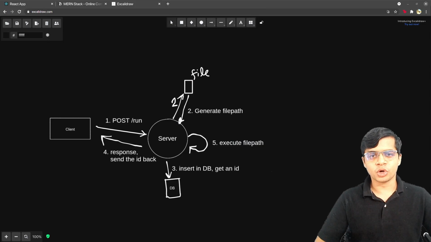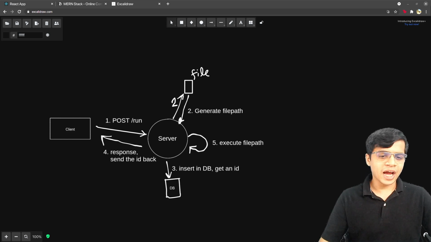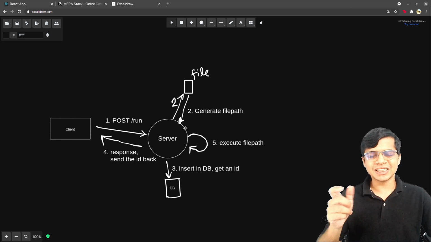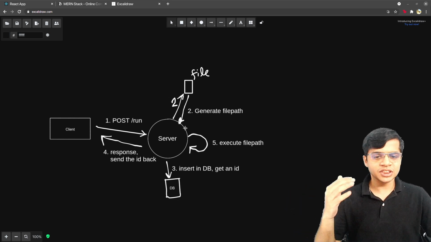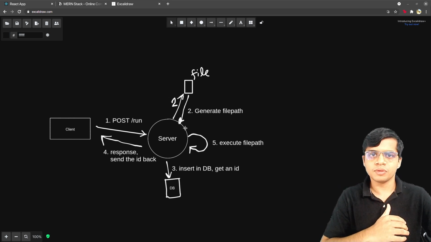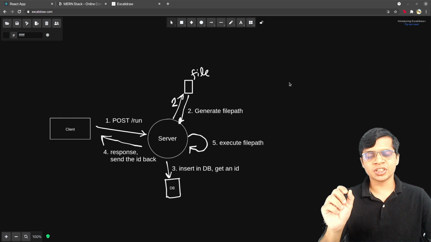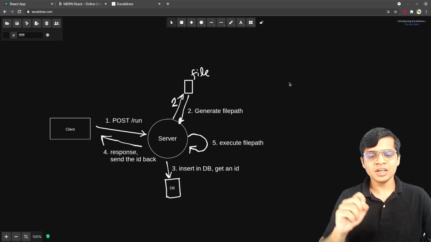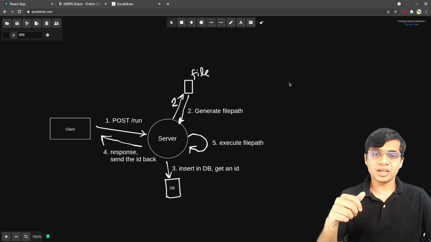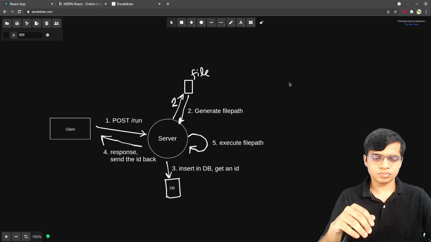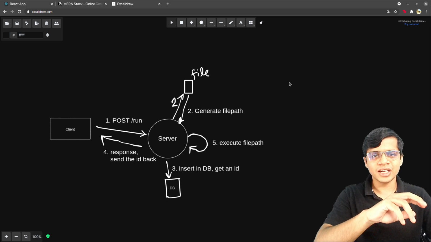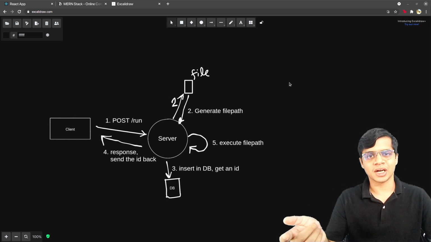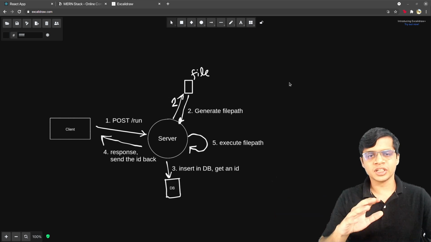Now we can further improve this model as well. As you can see, here we have a server, and the server is basically our Express app, and even going further deep, it is just the app.post function which is responsible for executing the file as well. What this also means is that the app.get function that we got from Express is now busy executing this file path. But actually, the only responsibility of Express is to take the file and give it to your backend and send a response back. After that, what happens is not a responsibility of Express.